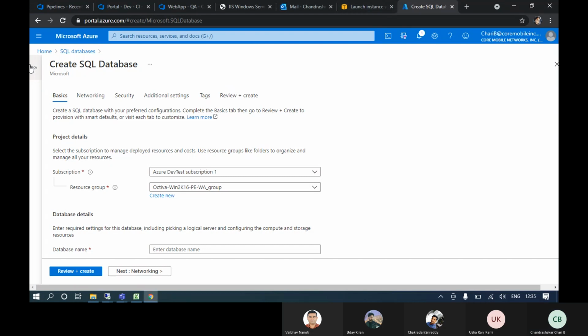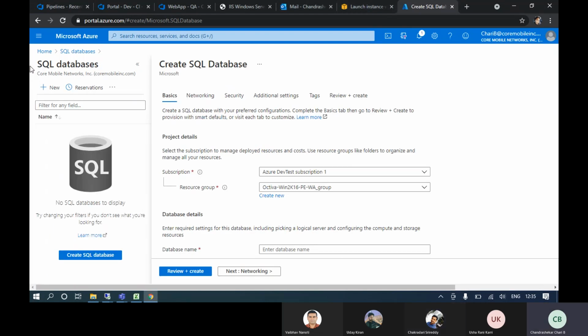Coming to the migration part, we tried to migrate the AWS database. Yesterday I showed you the backup file we created, and we tried to migrate it to the SQL database in Azure.